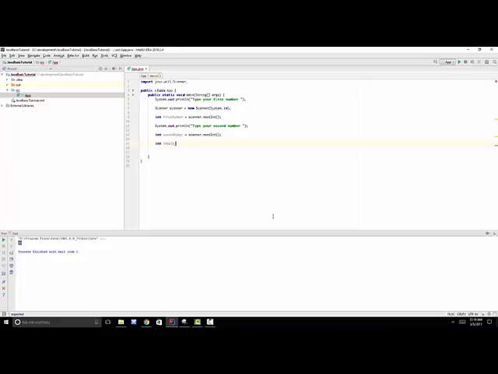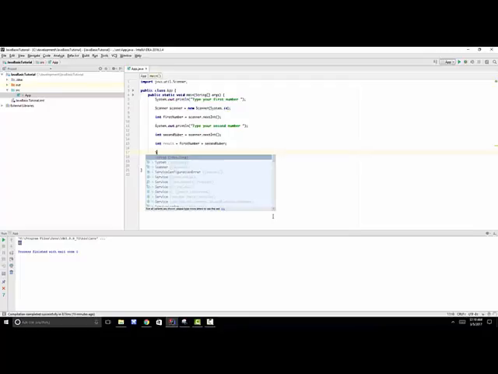So I'm going to create a third variable called result, and that is going to be the sum of first number plus second number. And then finally, I wanted to display this result back to the user, so the user can know the final result. And in order to do that, I need to do system.out.println, and in here I'm going to say